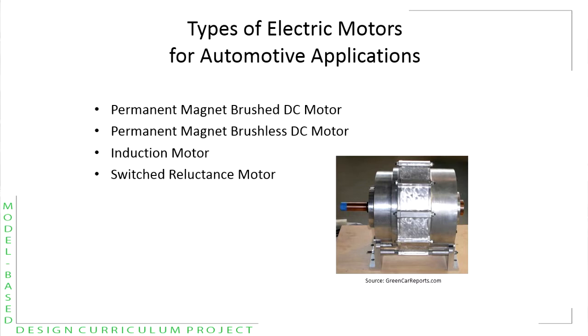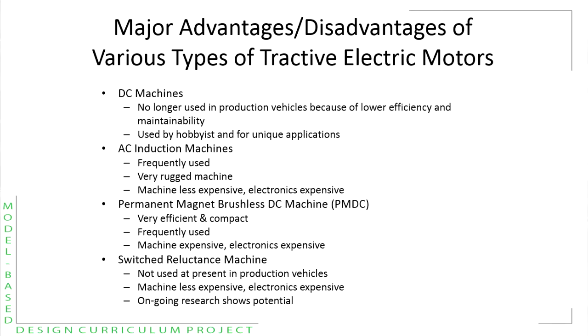In particular, we will examine the permanent magnet brushed DC motor, the permanent magnet brushless DC motor, the induction motor, and the switch reluctance motor. As you may now suspect, they come in all shapes and sizes. So, starting with the major advantages and disadvantages of the various types of tractive electric motors,